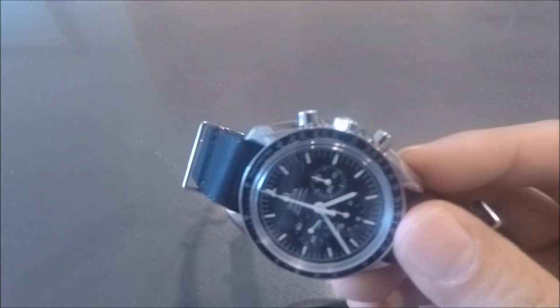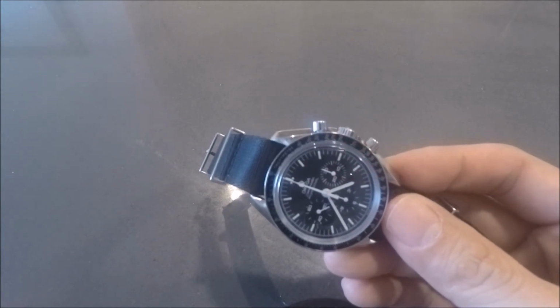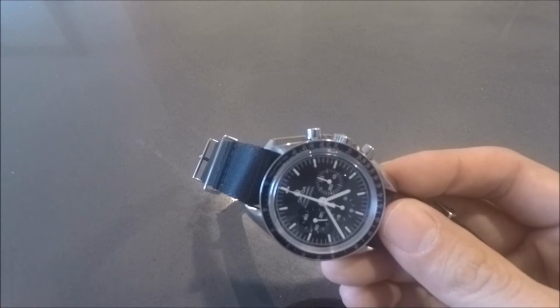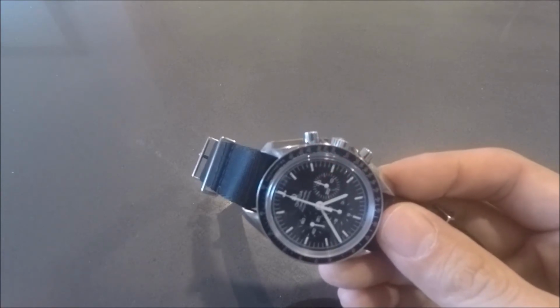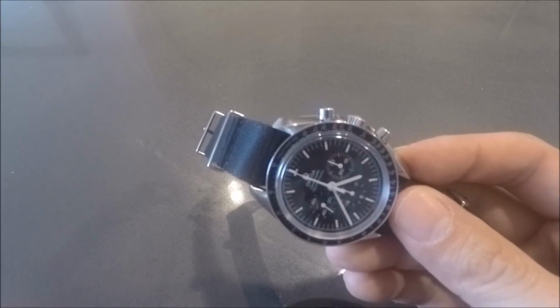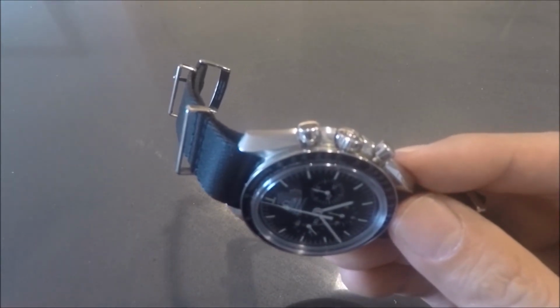So the ones before that, the dead giveaway on the street from a pre-moon, which you often see called FOIS, or First Omega in Space, but generally called pre-moon, and the Moonwatch, the way you can tell is because of the Lyre lug and how it sticks out and covers up your chronograph buttons and also the